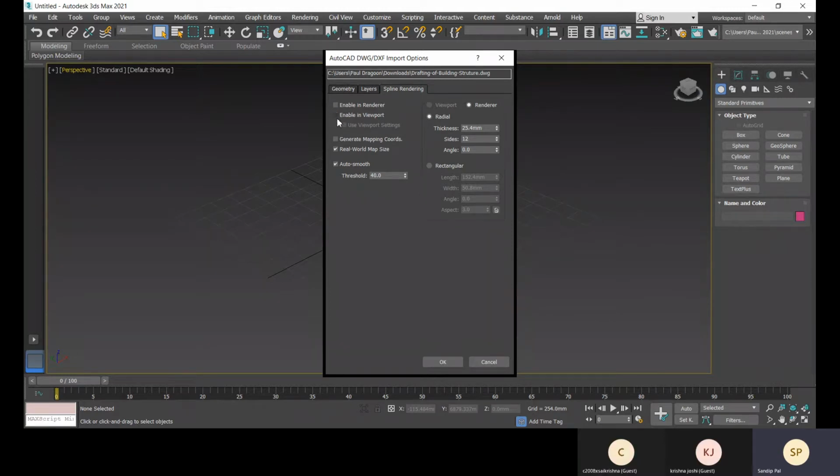I hope you all know about enable in renderer and enable in viewport for spline. Here you can define the rectangular, but as you will be creating walls, that may create a disturbance. It may work well, it may not, so redefining it won't be appropriate. You shouldn't do this. You can do that later as well.